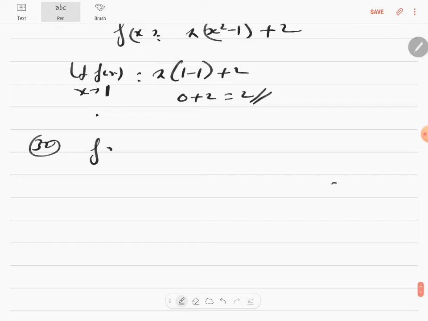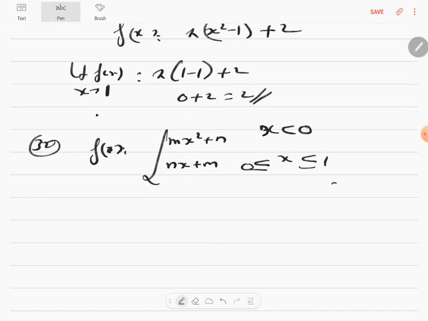f of x is equal to mx square plus n when x is less than 0, and nx plus m when x is lying between 0 and 1, both of them inclusive, and nx cube plus m when x is